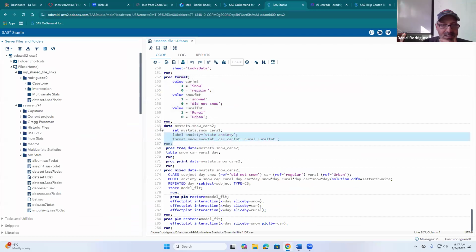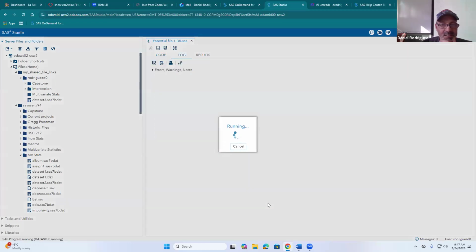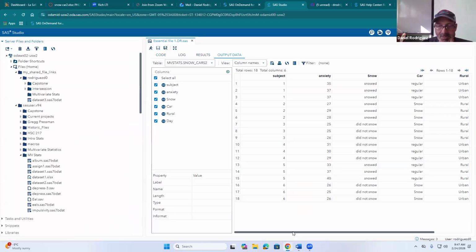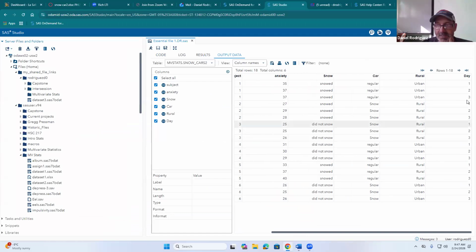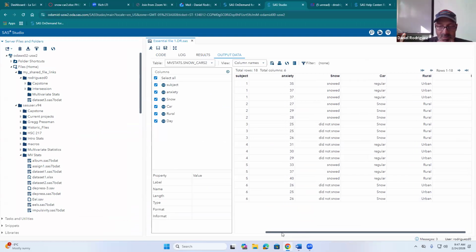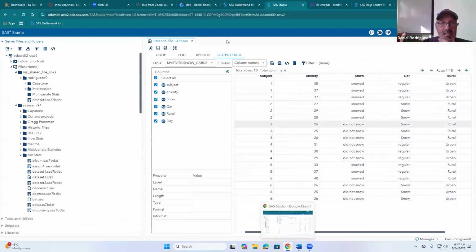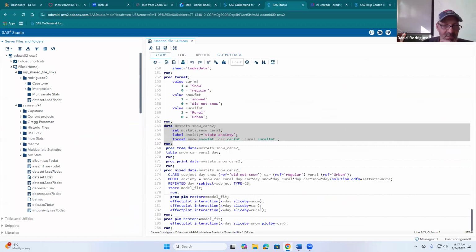All right. Here we go. So we have everything's here. Let's see if it works. All right, cool. We'll see the data. I have day, rural, urban. So I don't know if the format's applied or not. One way to check that would be to run a frequency or something else. I'm just going to run a proc freq,